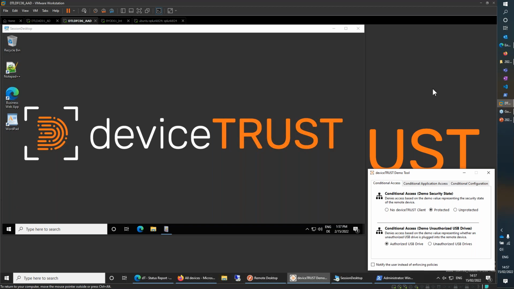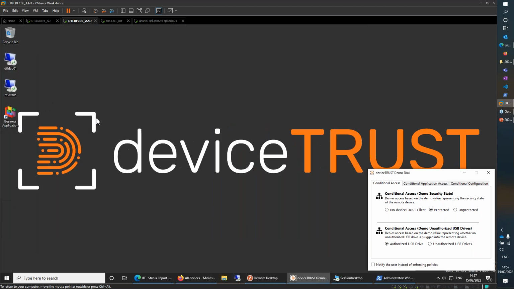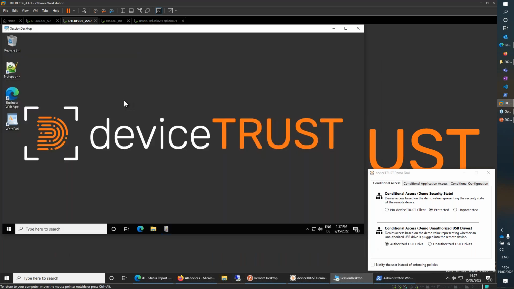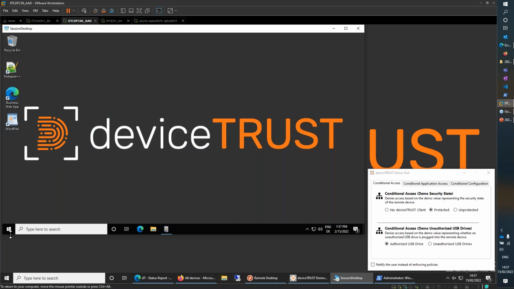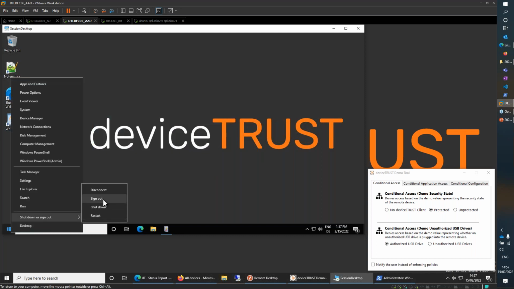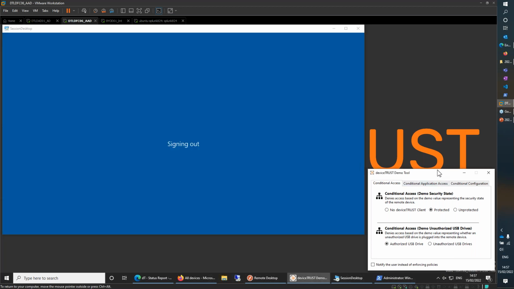My user sits on this machine. This is considered our client. Let it be the FAT client that the user has at home. And the user does access AVD, which is this machine, and this machine needs to be controlled. So everything is up and running now. The user can start applications like WordPad or whatever the user wants to use, and this is all good. Now, signing out my user, and my first